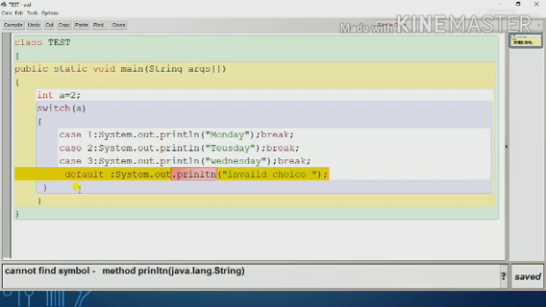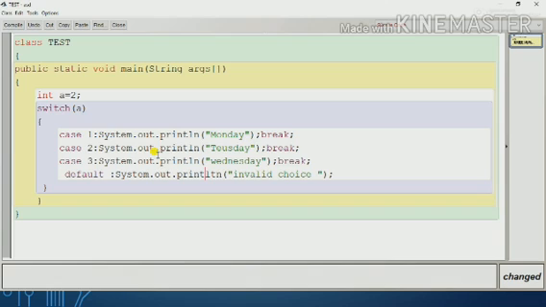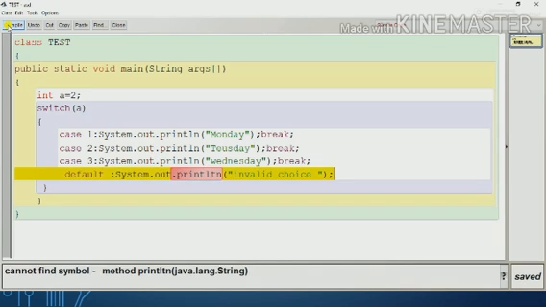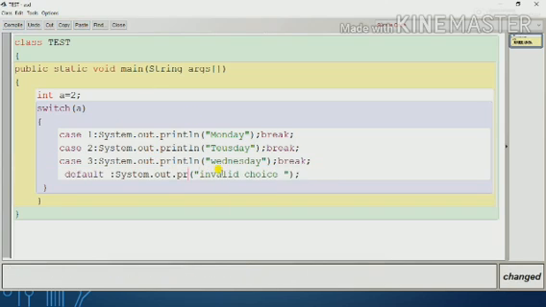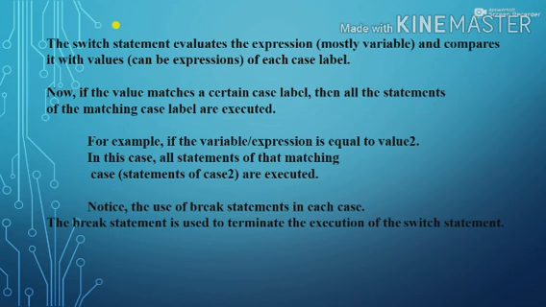While compiling, some error is found in System.out.println. Here it should be println, so we will compile again because the error occurred. Okay, now there is no syntax error, so we can go for running.